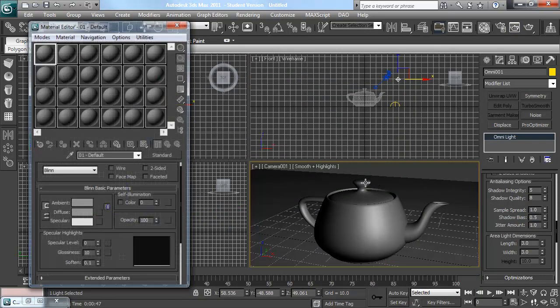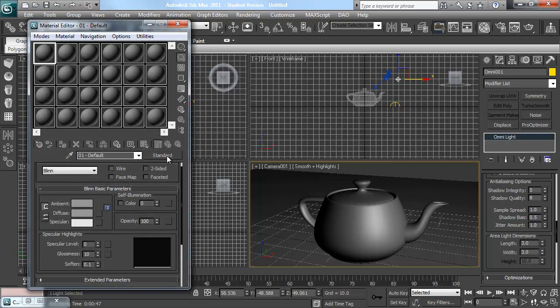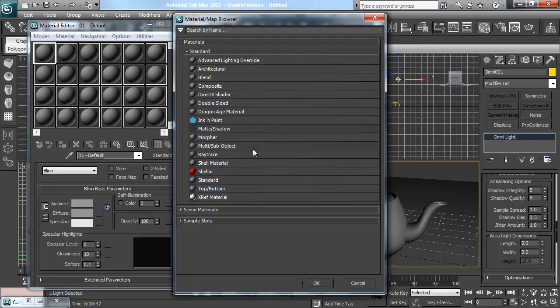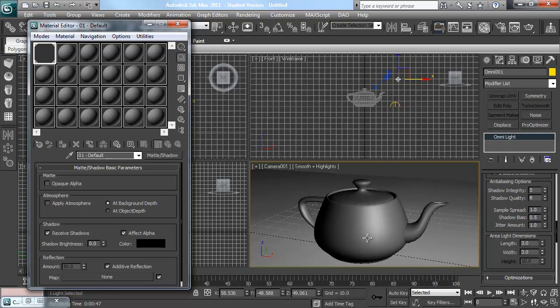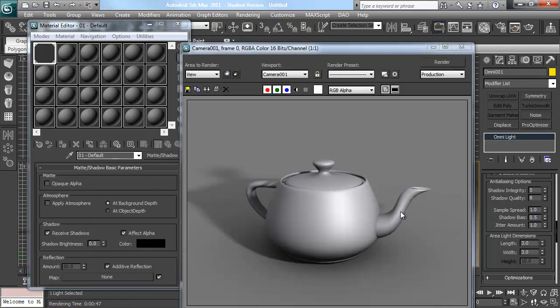So I'll hit M to bring up my materials. Under standard, I'm going to change my material to matte shadow, which is here. I'm going to assign that to my plane. Now if I re-render, what will happen is the plane won't get drawn except for where there's a shadow. Great, so this is looking really cool, but you might sometimes be asked to do what's called a 3-point lighting